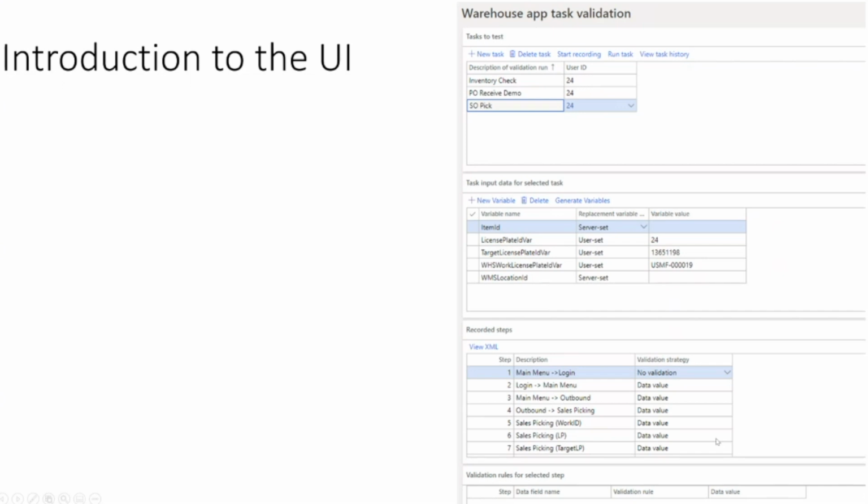Okay, so now you saw the full operation in action. Let's take a more detailed look at the actual UI elements for the warehouse app task validation framework. This is the new UI that was added to manage and control these mobile recordings. And as you saw in that second RSAT recording, it is also what is used by RSAT to drive the warehouse workflows. The UI itself is comprised of 4 fast tabs, with each tab containing a grid of data that's